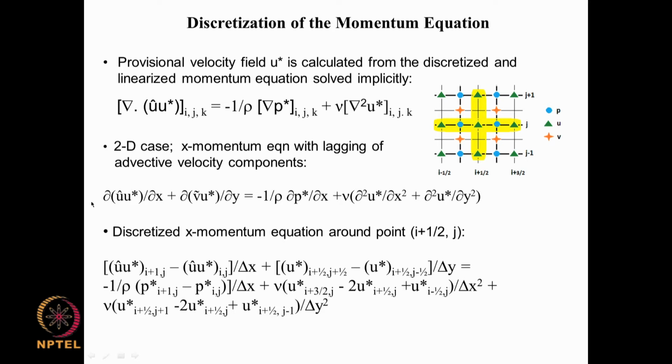And we also make use of upwind differencing for the advection terms. So, that is this one and this one, and we make use of the central differencing scheme for this, and this also is central differencing. So, with these things we can write this as u tilde u star at i plus 1 j minus u tilde u star at i j divided by delta x,